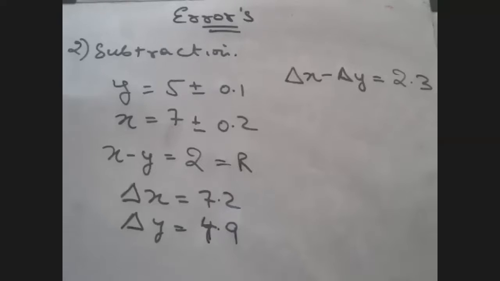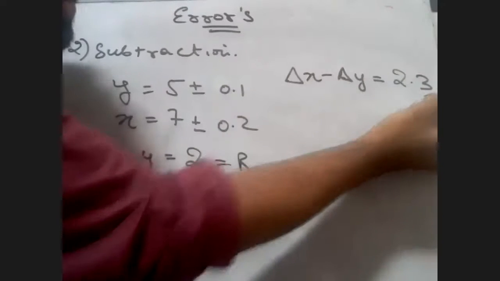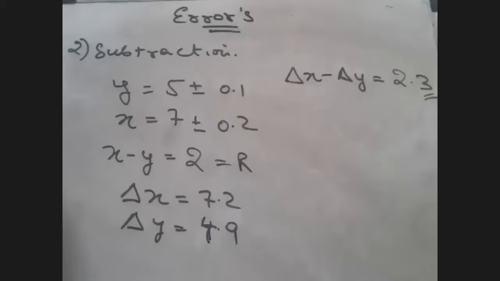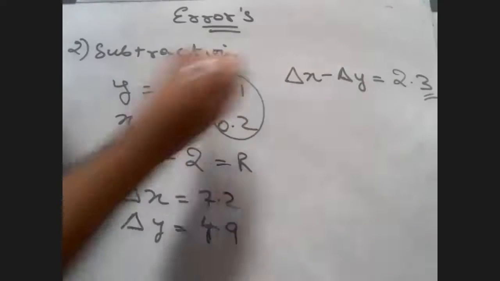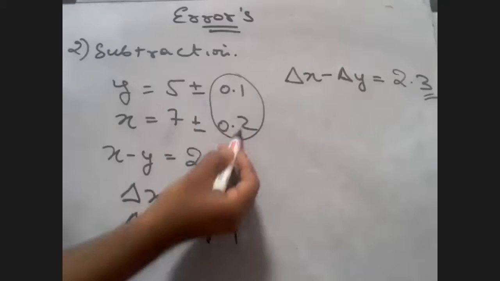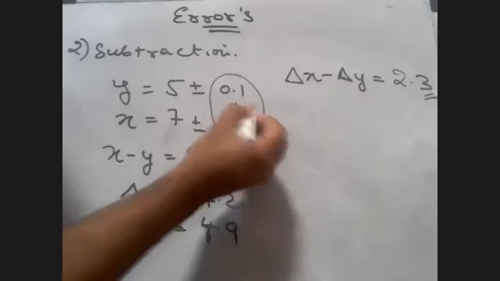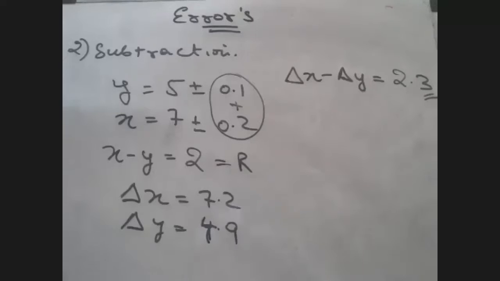So look here. What is the least count here? Tell me. What is the least count here? 0.3. Can you see what that is? Isn't it getting added? Yes. Is the least count getting added? Yes or no? Yes. Someone gave me some random number. Please don't give me random numbers.